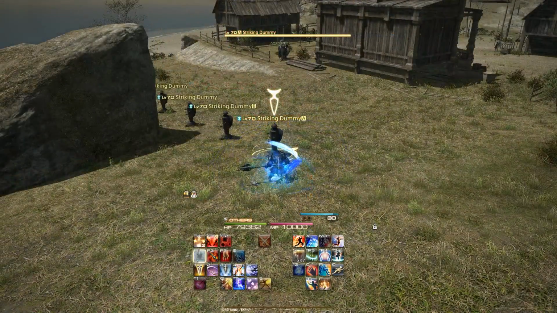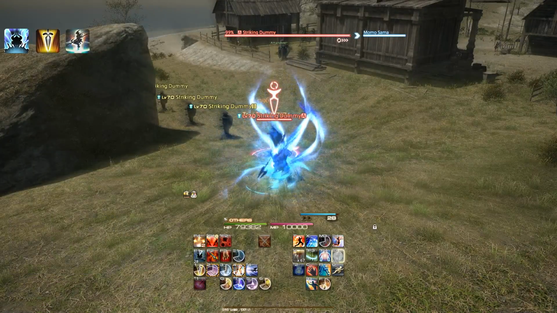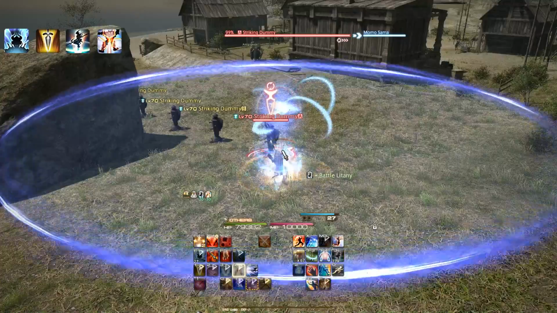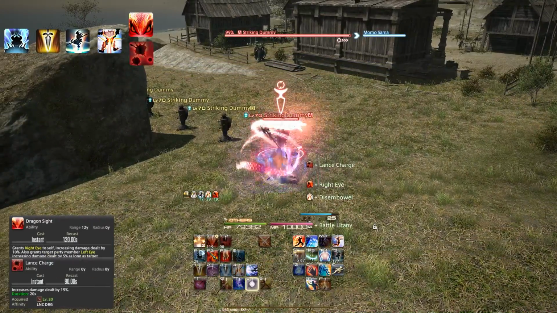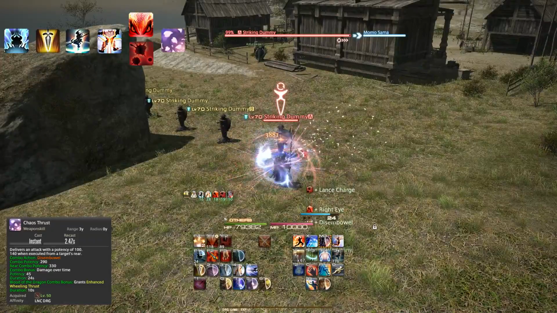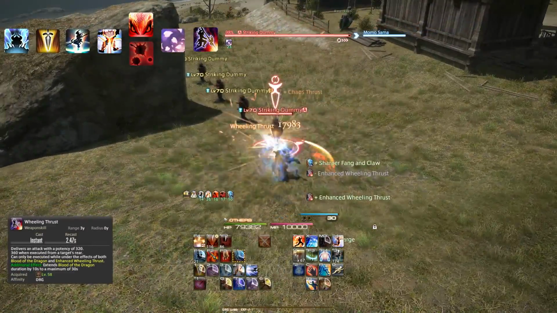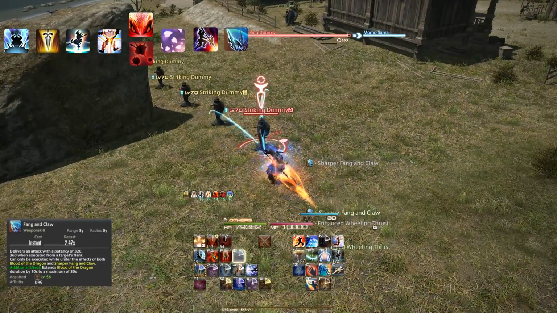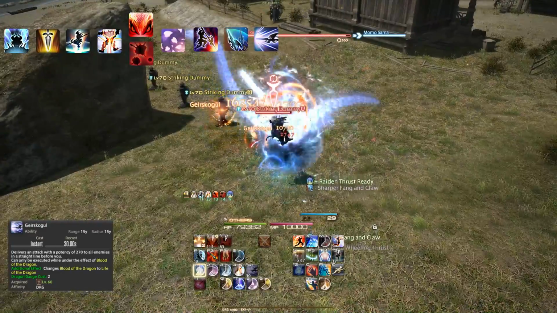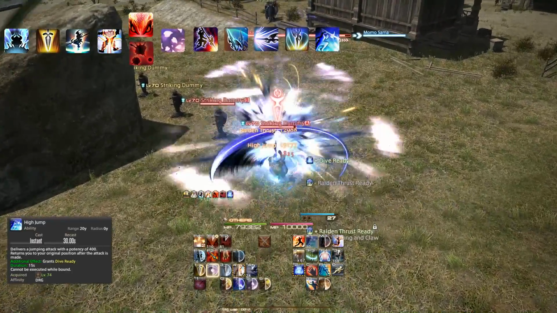For this opener, we do Blood of the Dragon pre-pull, True Thrust, then Battle Litany, Disembowel, Dragon Sight and Lance Charge, Chaos Thrust, Wheeling Thrust, Fanging Claw, Garskogel, Raiden Thrust, Jump,